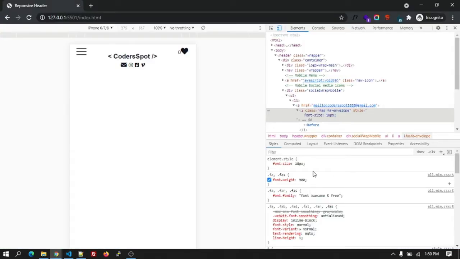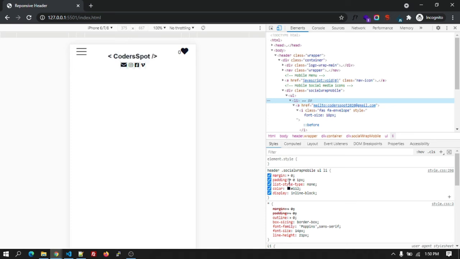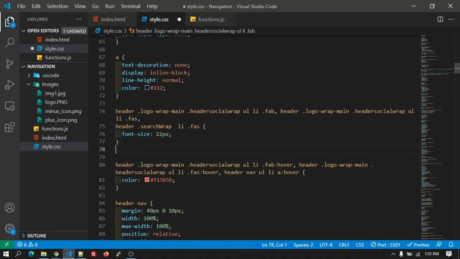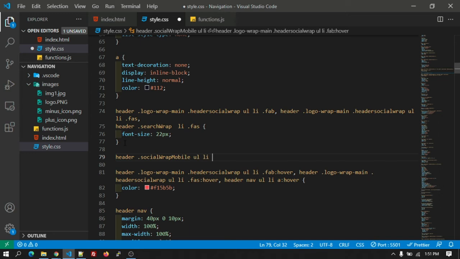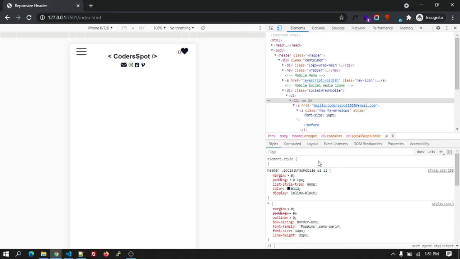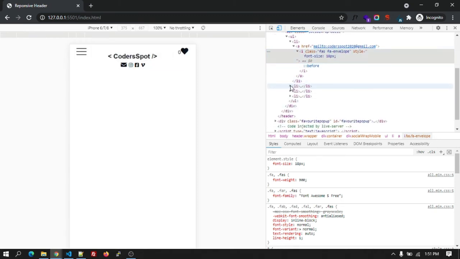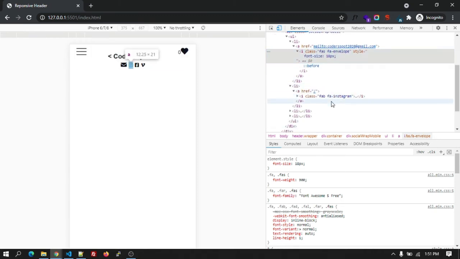Okay, let's copy our class for the social wrap. Below the desktop thing, let's write it for the mobile as well. For the mobile, it will be fas, fab.